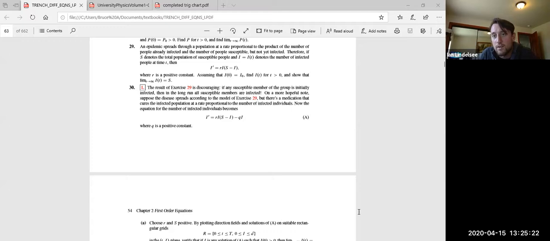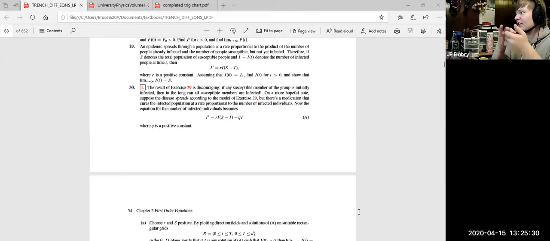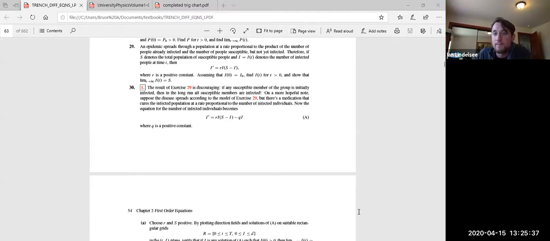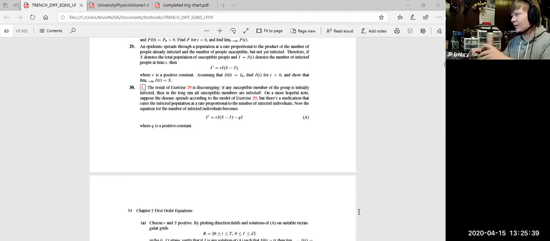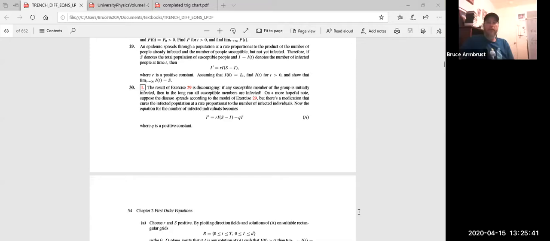Like, doesn't a certain level of a cluster of people having it protect others from getting it? That would be a whole other topic. Isn't the percentage like 95? It has to be like 95% of individuals have to have some sort of immunity for herd immunity to be a thing. Yeah, and the whole idea of herd immunity is that